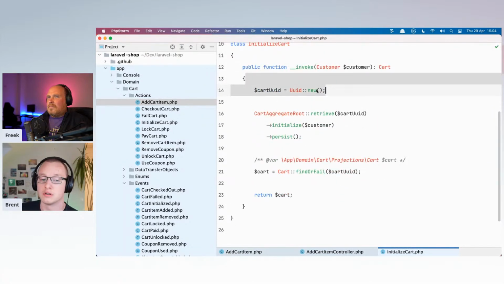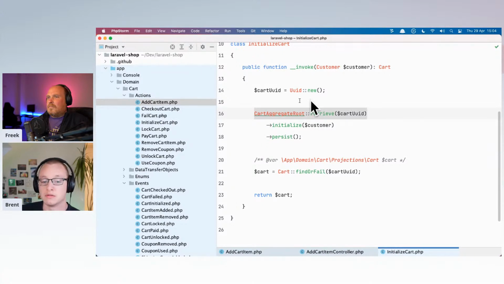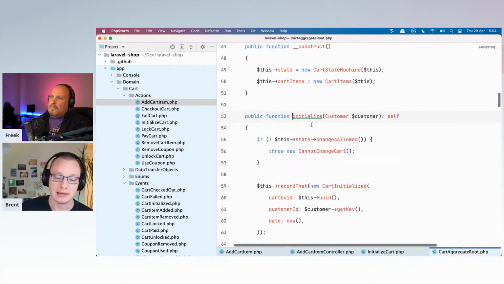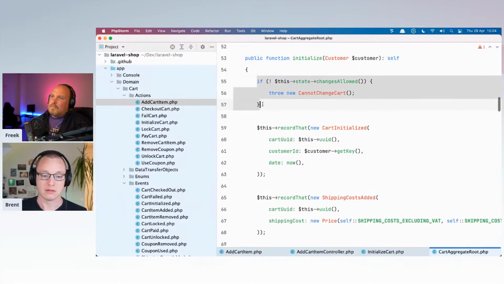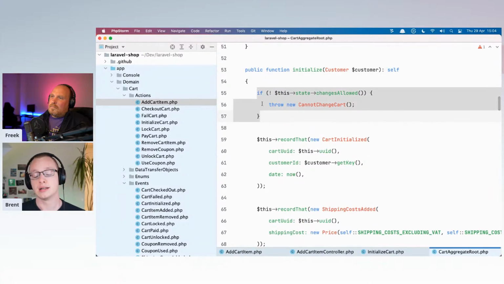First off, we're going to create a new card UID because it's a new card. So we're going to retrieve the aggregate root for that newly created UID. We're going to call initialize. And what happens here is, first of all, a check whether the card actually can be initialized.